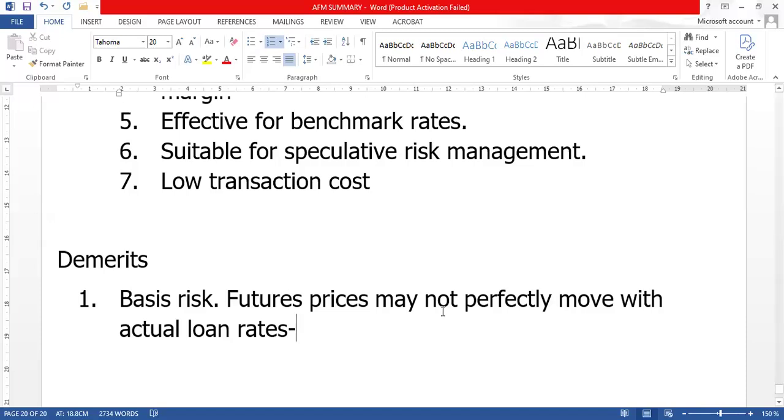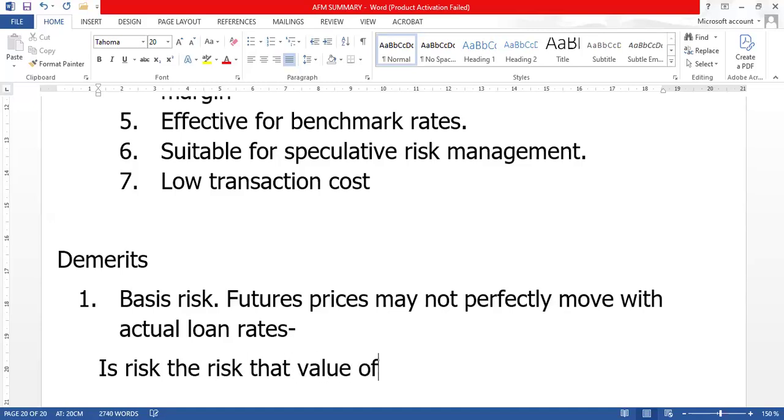But you find that in actual sense, by the time you transact, things have not moved in that very direction. So basis risk is basically a risk. Basis risk is a risk that the value of a hedge, or